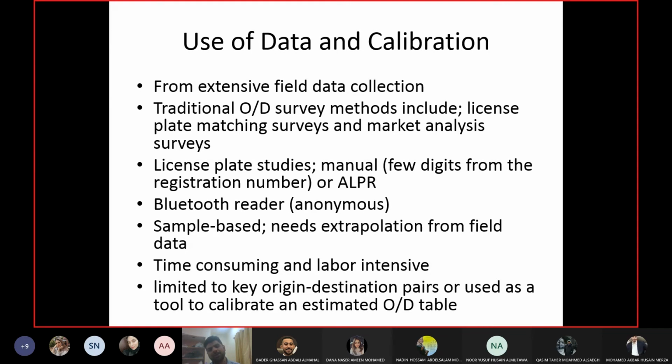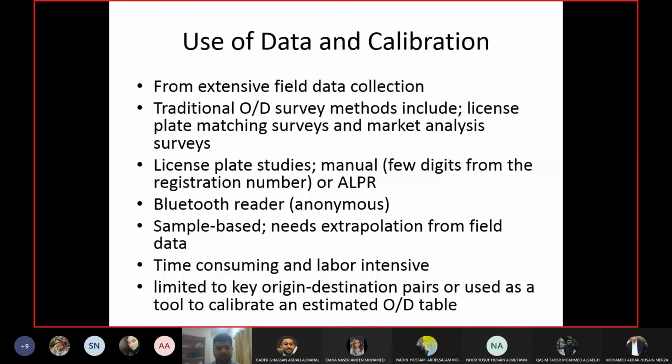So you can have similar cameras for recording the license plate number. Eventually these cameras will give you which license plate numbers were passing in front of the camera. If they are on the entry point, that means these license plate numbers entered. If they are on the exit point, that means these license plate numbers exited the area. So license plate studies can be done in both ways, obviously if you have the device.